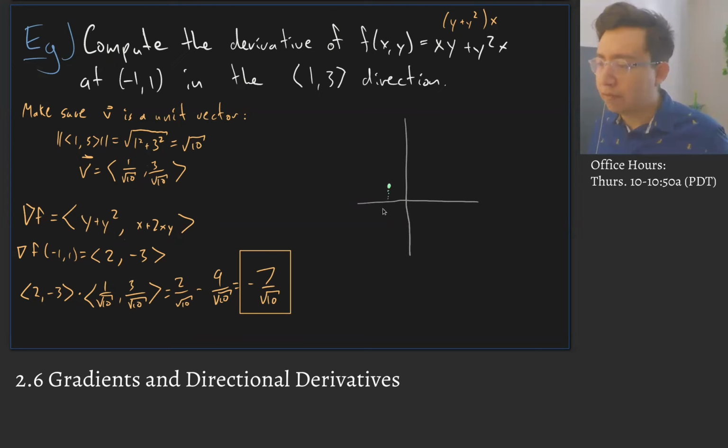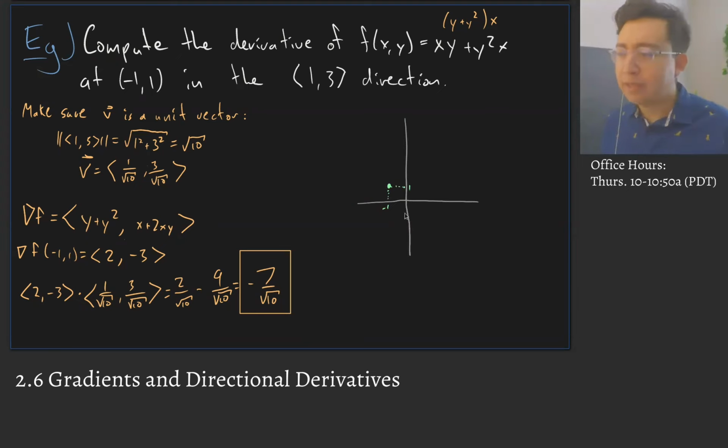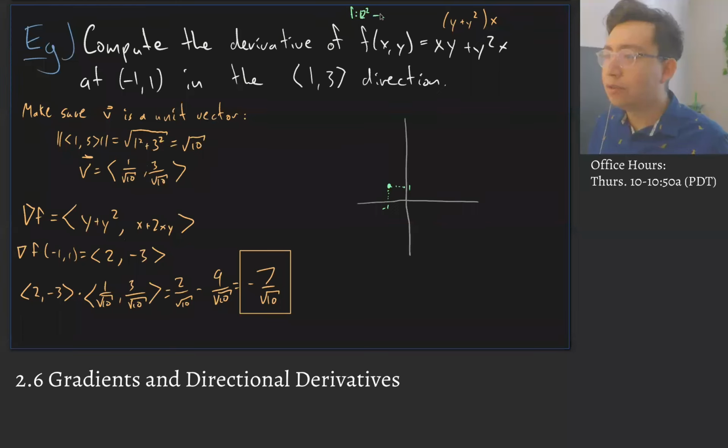This is -1, 1. Okay. And this is our domain. This is the domain of the function, right? F goes from R2 to R. So the domain is R2. So we're over here living in the domain, and we're saying, I want to go in